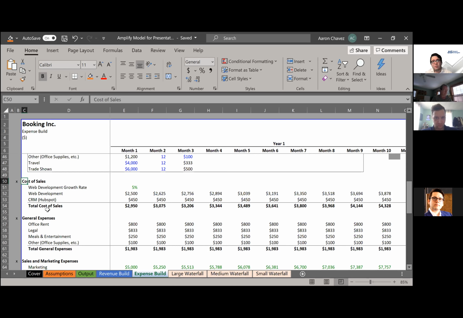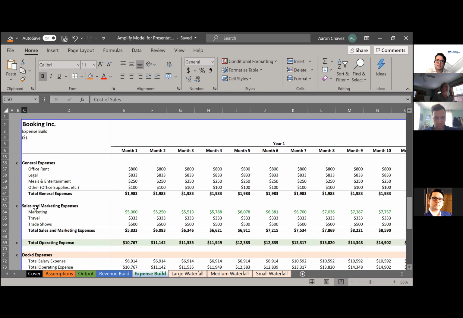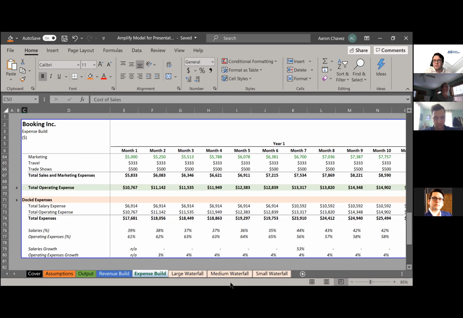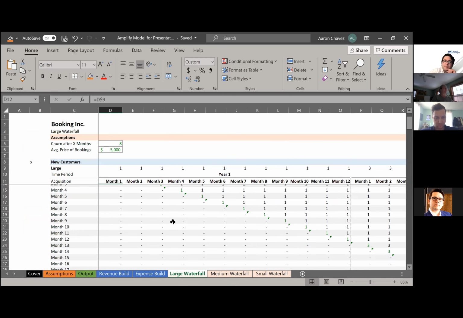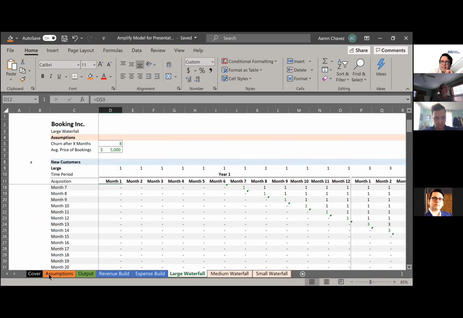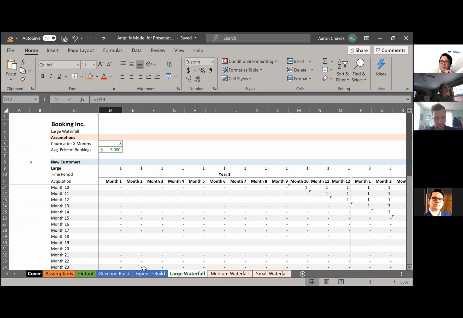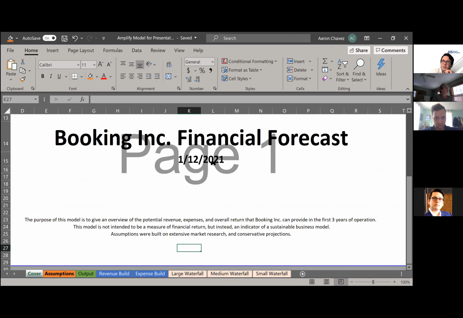For this business, because there's so much lead generation and there's web development, the CRM, the web development, and the ongoing expenses that we foresee, those are really going to make up the bulk of what our cost of sales looks like. General expenses, sales and marketing. And then, of course, I'll skip this in the interest of giving people the time to ask questions. But this is an example of